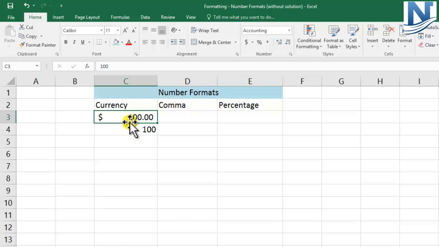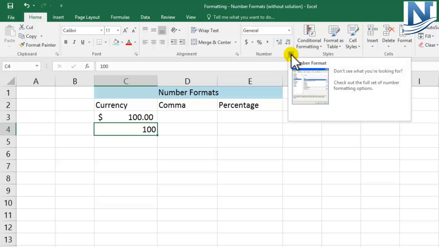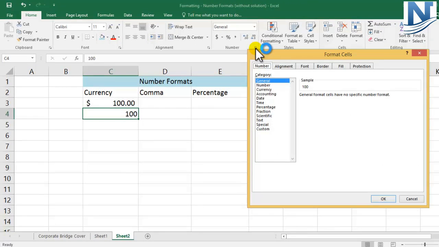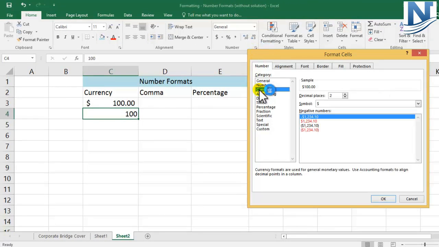Now the next thing that I'm going to show you is using the currency format properly. For this, I can click over here for number formats. I'm just keeping this cell selected, clicking on this arrow, and I will select currency from here. There are different currencies which you can select. For example, we wanted the dollar sign, that is why we have selected dollar over here. But you can change the currencies.